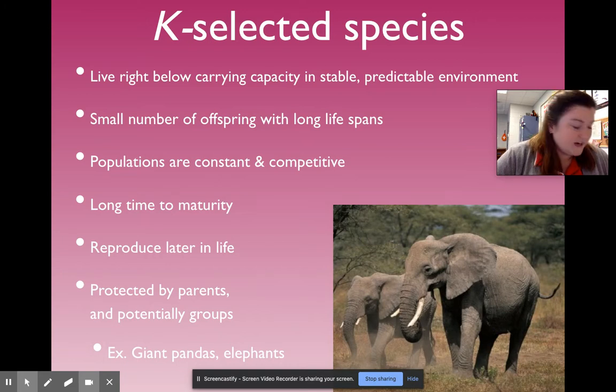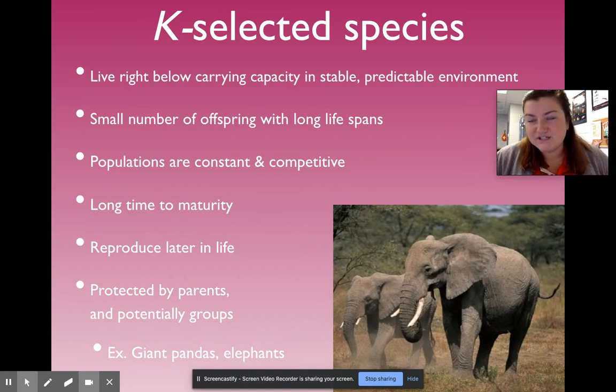Substantial parental care. So basically, K and R selected species, it's kind of like the strategy of either have very few offspring and spend a lot of time raising them, making sure that they know how to exist as adults, stay with their parents for a long time, and then go off and succeed as an adult of that species,